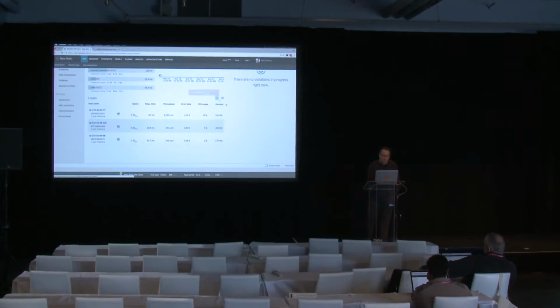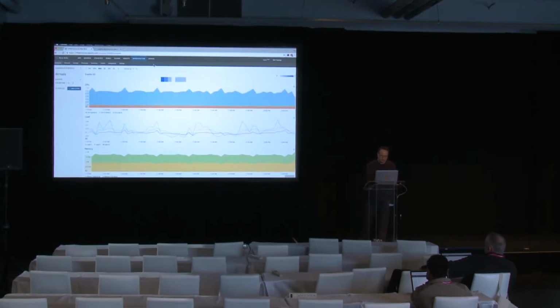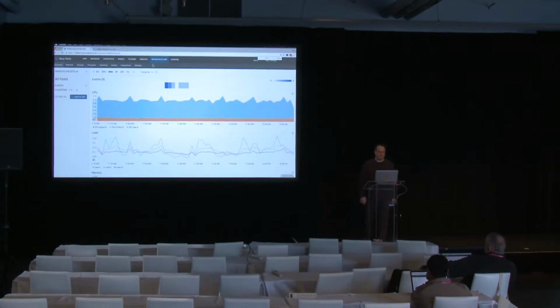Now, the other feature that's nice then is these host names are links, and if I were to click on one of them, it will take me over to our new product, infrastructure. I'll zoom in a bit. And infrastructure then shows you,